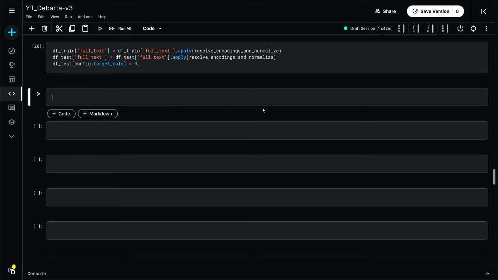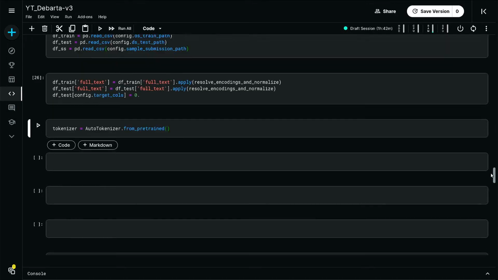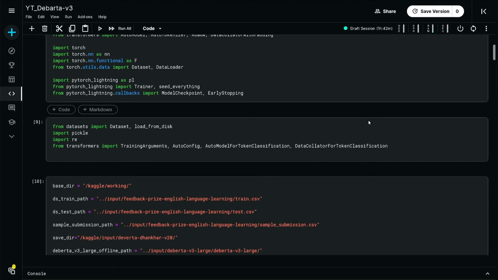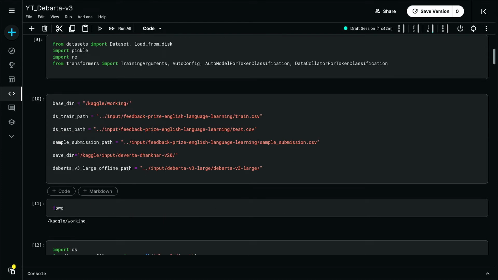And now finally I am ready to define my tokenizer. What was the name that we defined? Yeah, Deberta-v3-large path.